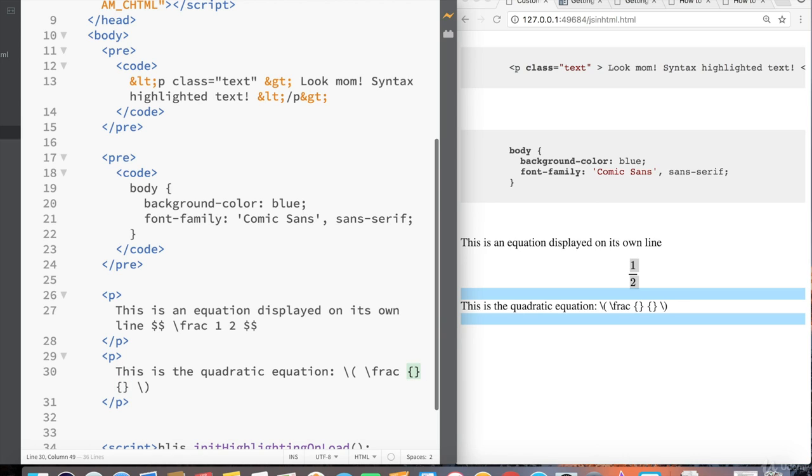The numerator will have -b, the plus or minus symbol is \pm, and then we need a square root symbol, and it's going to be a pretty long square root, so we need another curly braces. So it's -b plus or minus the square root of b squared minus 4ac,